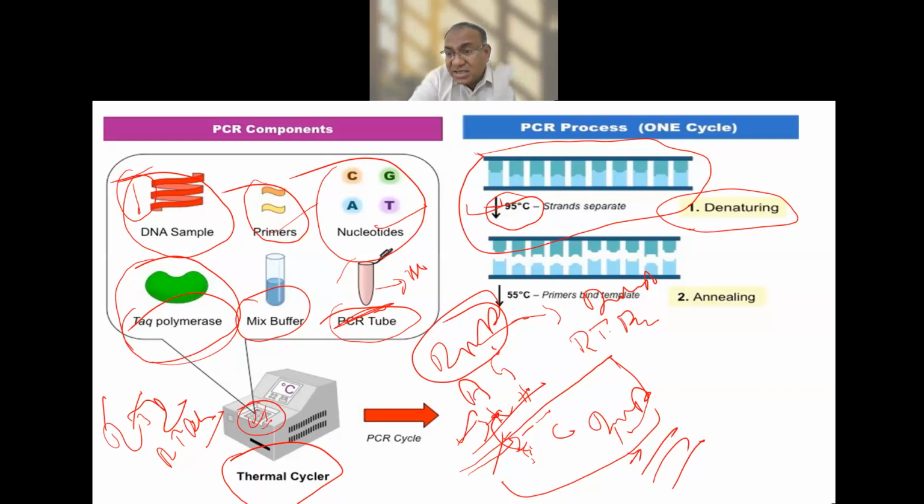Next, what happens here? I need the primers to bind the templates. Once the denaturation is over, I have the formation of one template and a second template. So I have a process called annealing. Once I have these fragments, this DNA molecule has been separated, where it was attached with hydrogen bonds. Now this has been detached as a single fragment and a single fragment. I want the polymerase enzyme to come and attach to these basic template molecules and keep on synthesizing